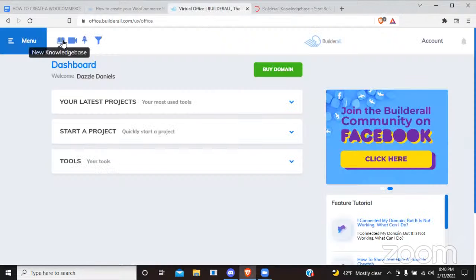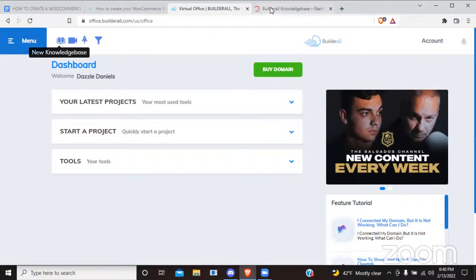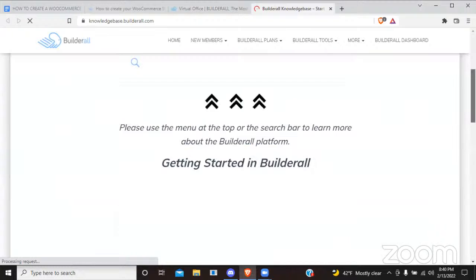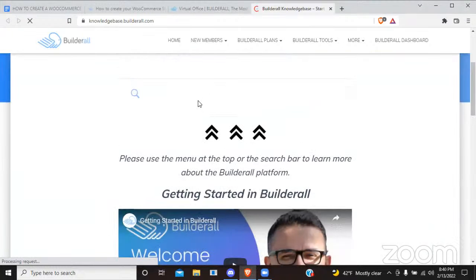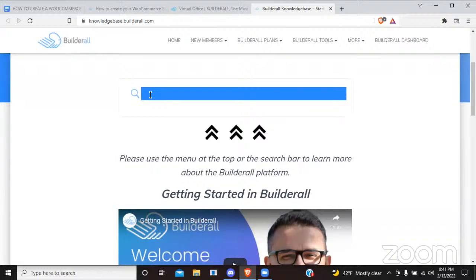So all I'm doing is clicking on this book right here, and this is the knowledge base. And the knowledge base is gonna open up over here, and you can type any tool that you wanna learn how to work. So we were talking about WordPress, and that's all I did. I typed it in,